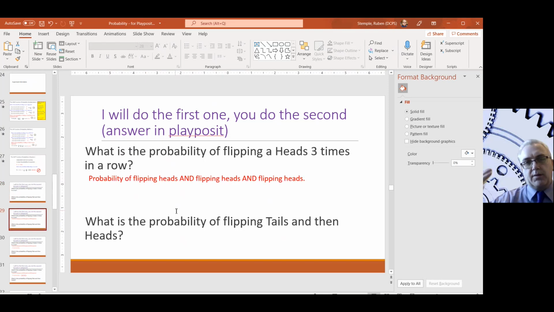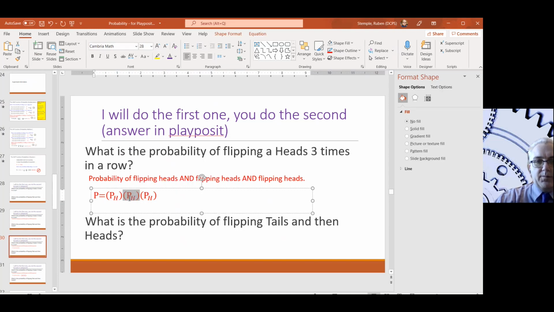So think about this in terms of ands or ors or nots, right? It's the probability of flipping a heads and flipping heads and flipping heads. So 3 times in a row, heads and heads and heads. So we're going to use the and function here. If I write this out as an and function, it's the probability of heads multiplied by the probability of heads multiplied by the probability of heads,